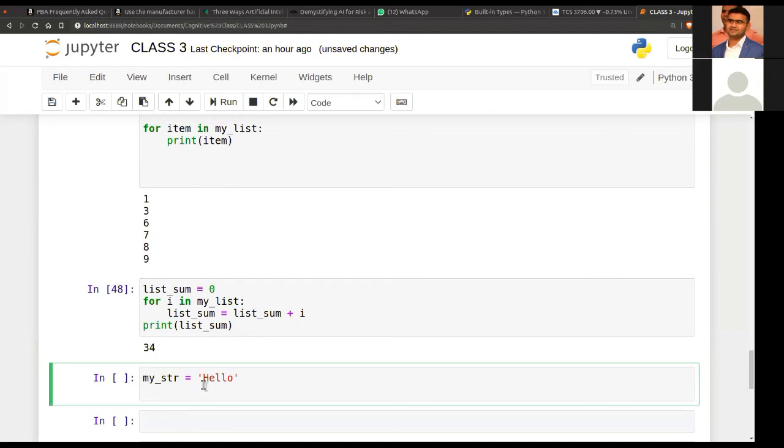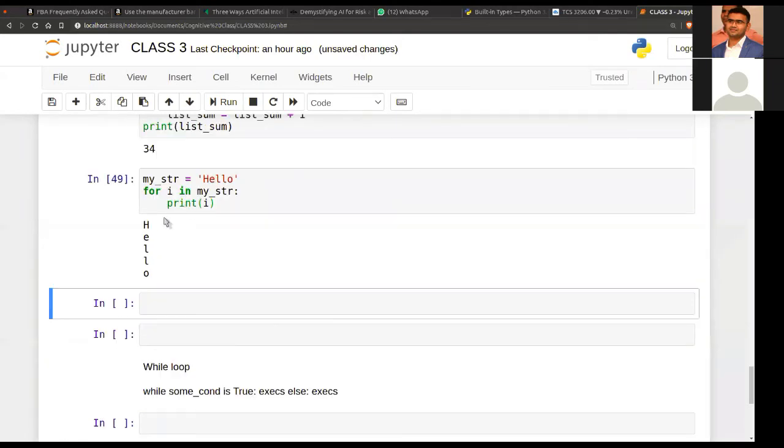So can we iterate through this in a for loop? The answer is yes, you can. For i in my_string, let's print i. We have this nice hello over here.